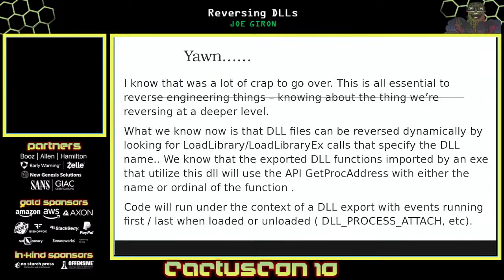I know I can go over this all day long, but this is essential to reverse engineering. If you don't know this at the deepest of levels, then this isn't really going to work. So we all know that DLL files can be reversed dynamically by looking for LoadLibrary calls and GetProcAddress calls. We know that exported DLL functions are imported by executables using, again, GetProcAddress, and we know what the little events are. Once we know all this, then we can start diving into